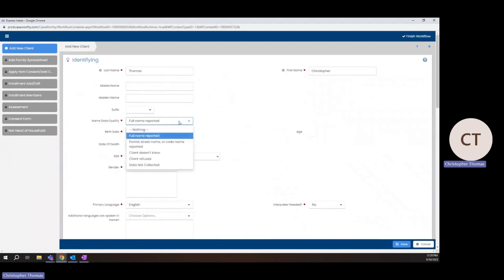So data quality means that we have different options to describe the information that we got. Name is not a great example because in most cases we're going to have a full name reported, but even here there are other options. Like for instance, if we know that this is an alias, we have only a partial name, we can select those options. Date of birth is a better example of this. So let's say we have the full date of birth,